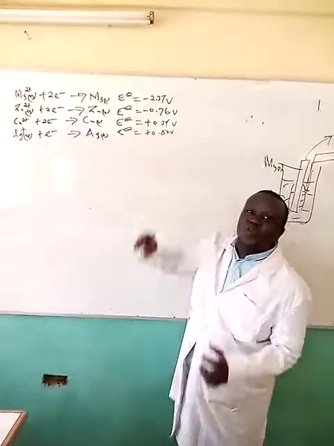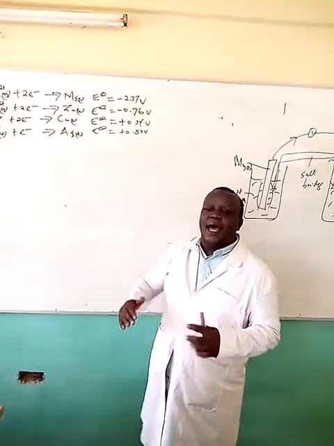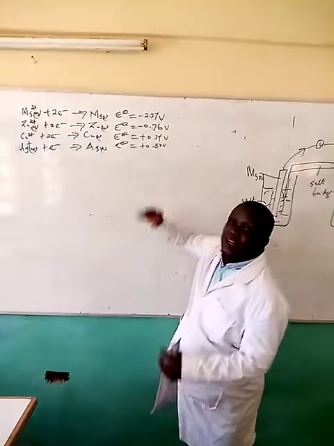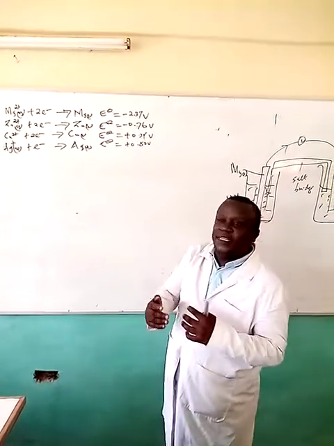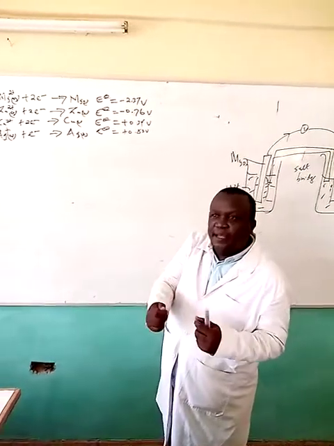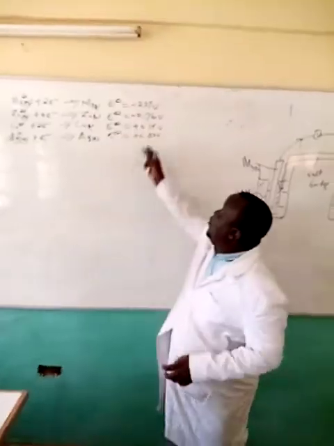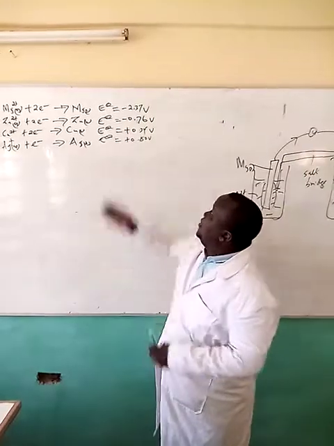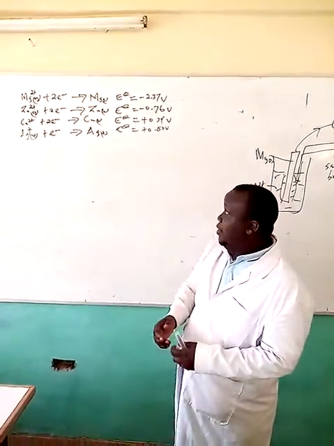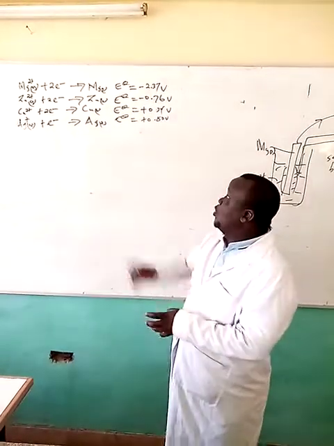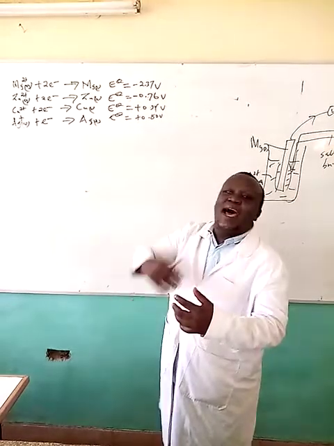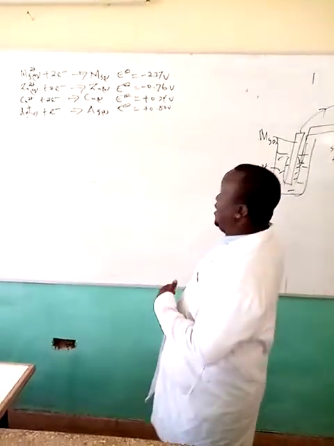From the value, you'll be able to know which half cell has the highest tendency to lose electrons. The ones that are more negative have the highest tendency to lose electrons. The ones that are less negative have a lower tendency of releasing electrons. The ones that are more positive tend to accept electrons and therefore are reduced. They have the highest ability. We call them the strongest oxidizing agents because they can easily accept electrons and make other species become oxidized.